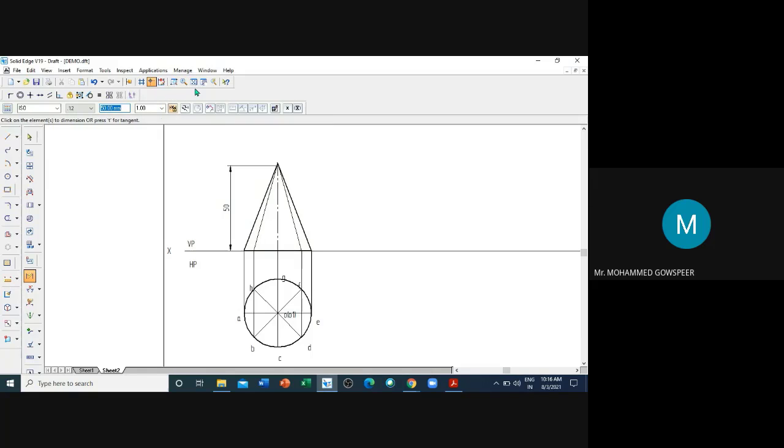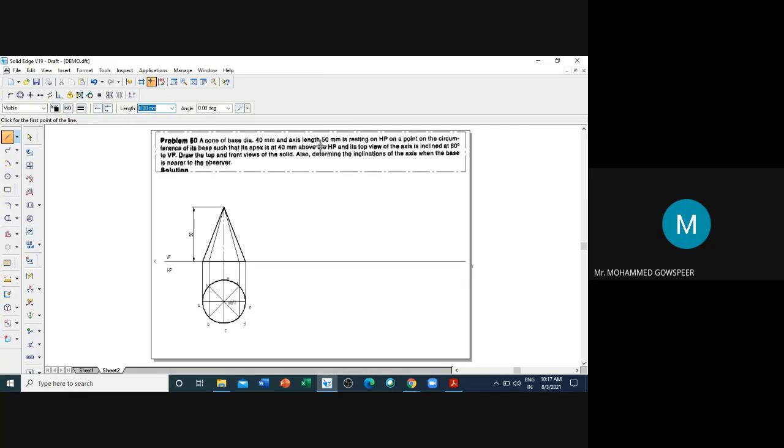Okay, now it's proper. Next. The cone is resting on HP on the circumference of its base such that its apex is at 40 mm above HP.